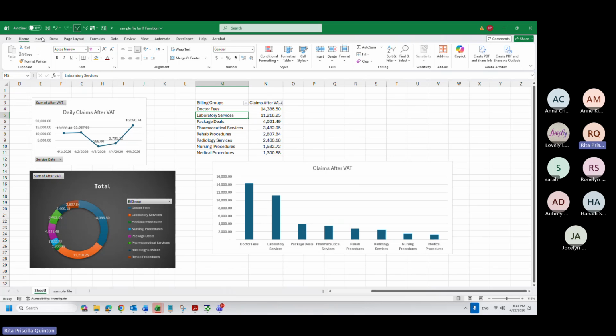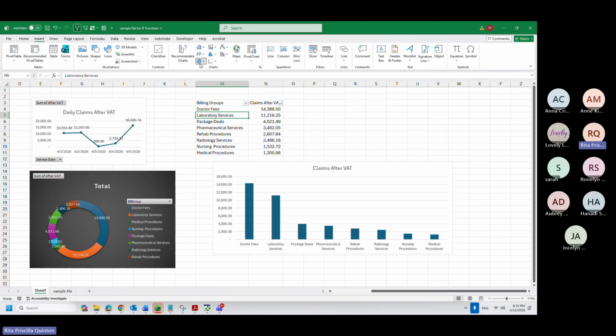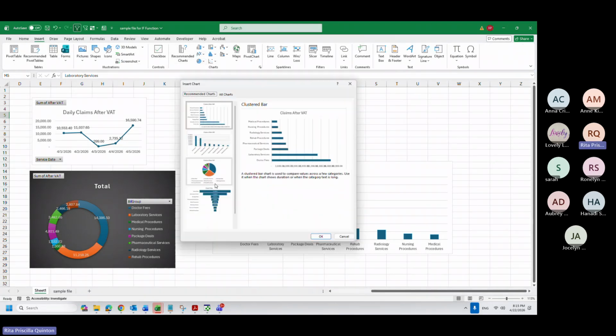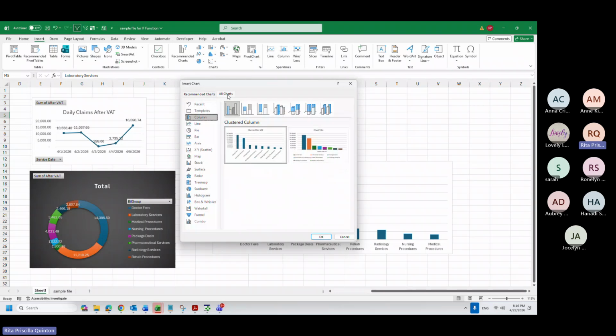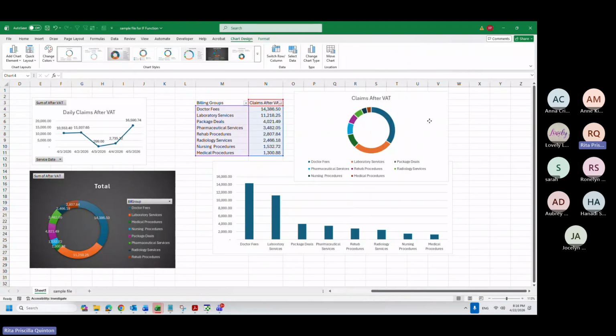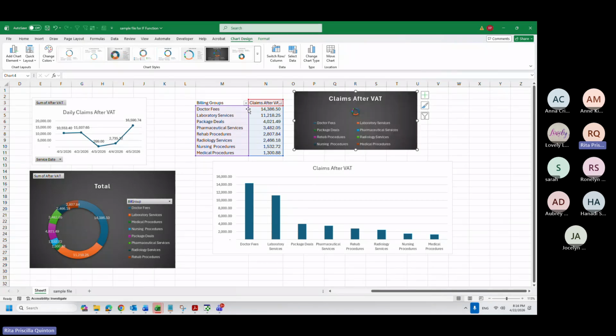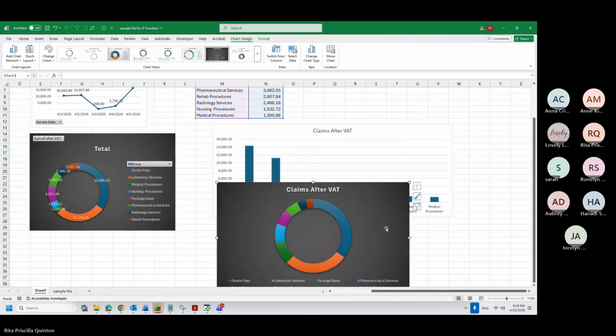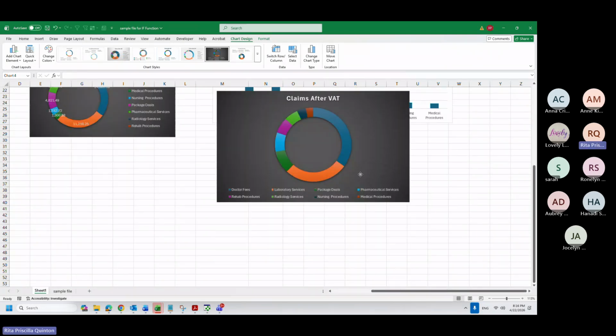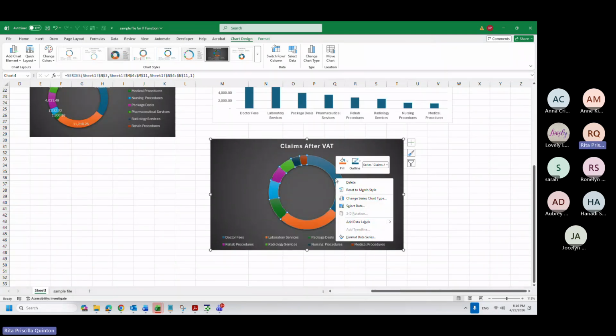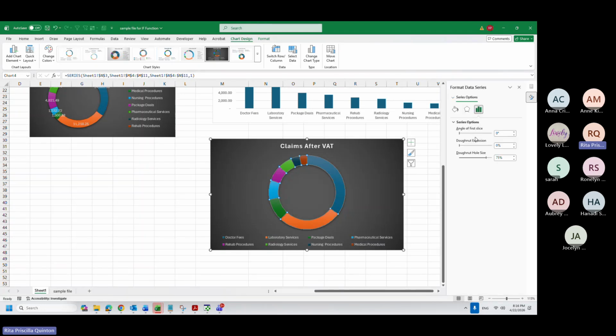We can also do another one with the donut: recommended charts, and we can go here or go to all charts, pie, donut, because I want to show you something good in the donut chart. Make it black, the same as we have here. But here, if you right click and format data series, this will appear.